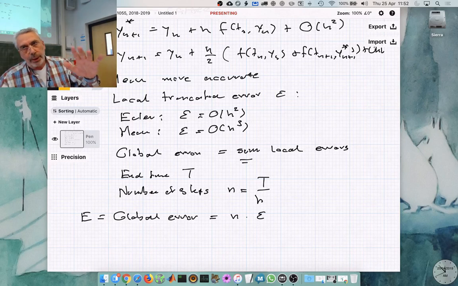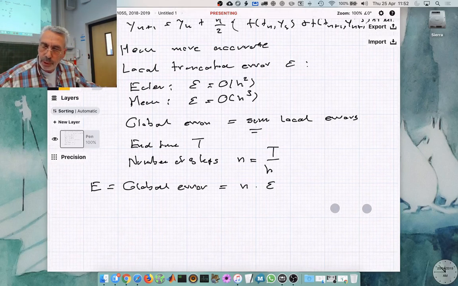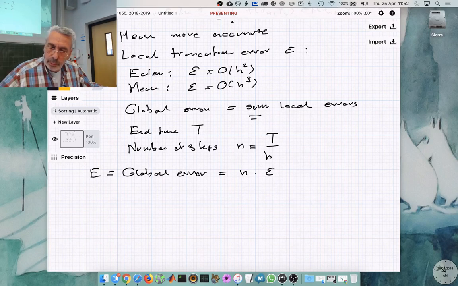Sometimes errors cancel out a little bit, but we want to be on the conservative side. So then if we look at the global error for Euler, the global error is simply n times this,